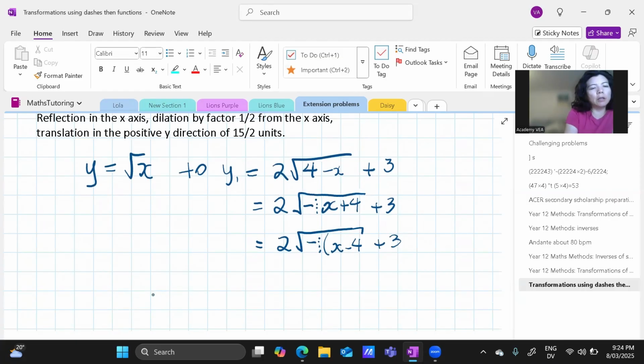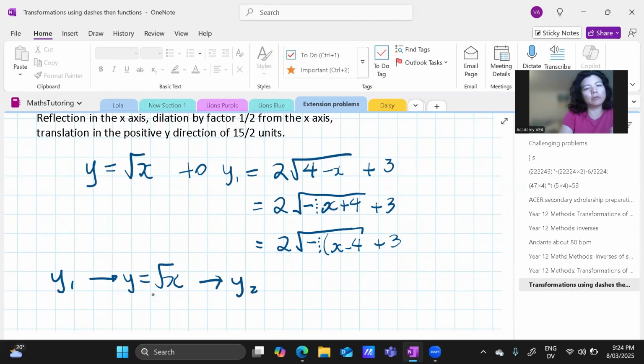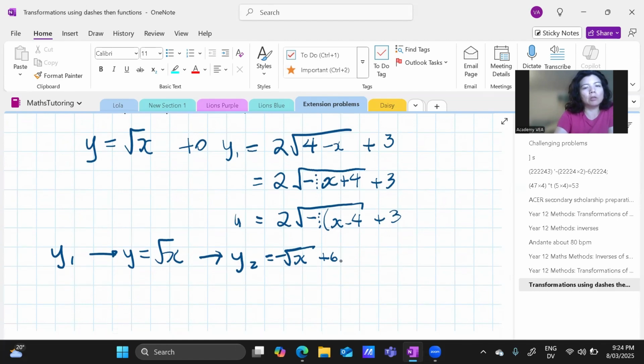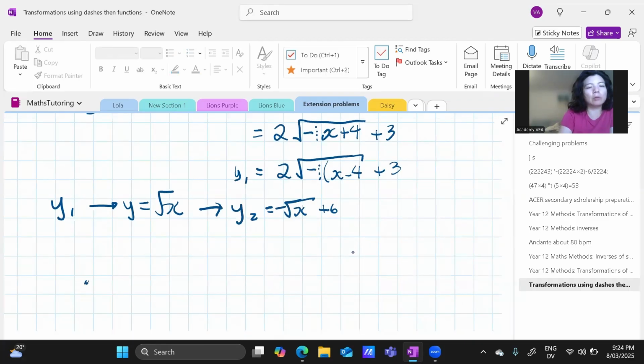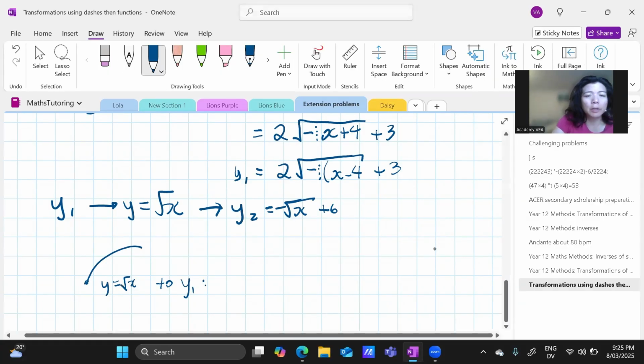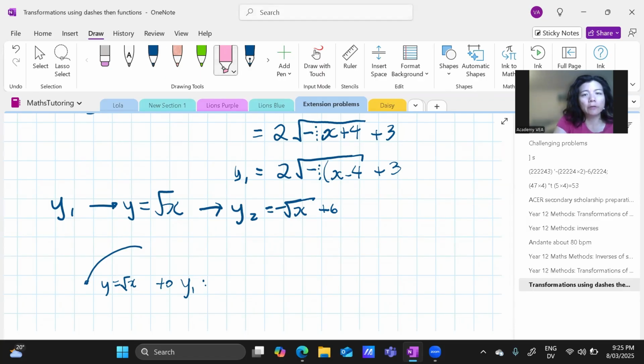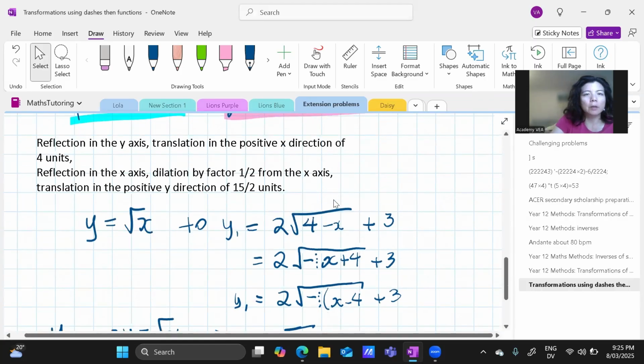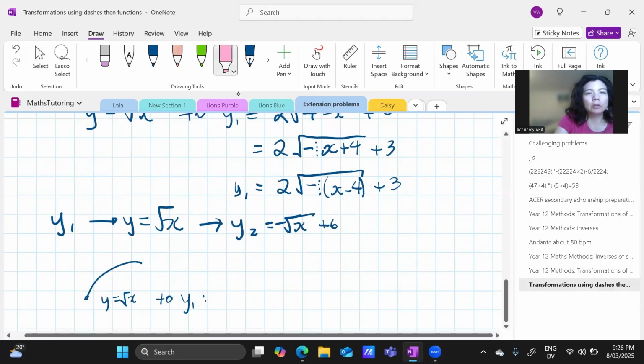So the premise that I'm working on is that I go from y1 back to the original basic graph and then go forwards to the final transformation, which is x plus 6. Well, technically we didn't have any dashes. Okay, so if we look at the y1 equation, how we got there from y equals square root of x, your steps going forward would have been, if we look at the dilations first, and we do them with the same color coding, our x's are blue and our y's are pink. And so our x transformations